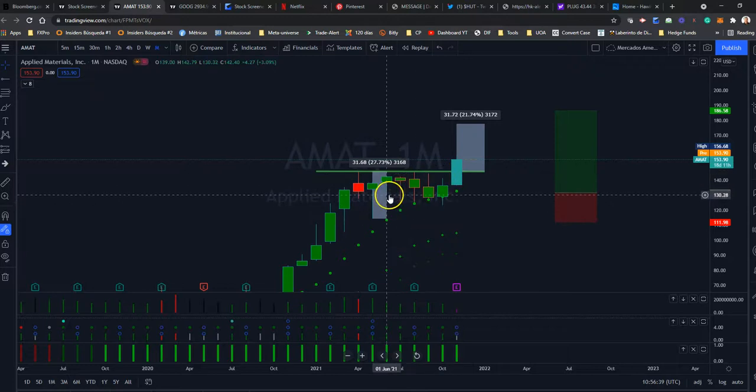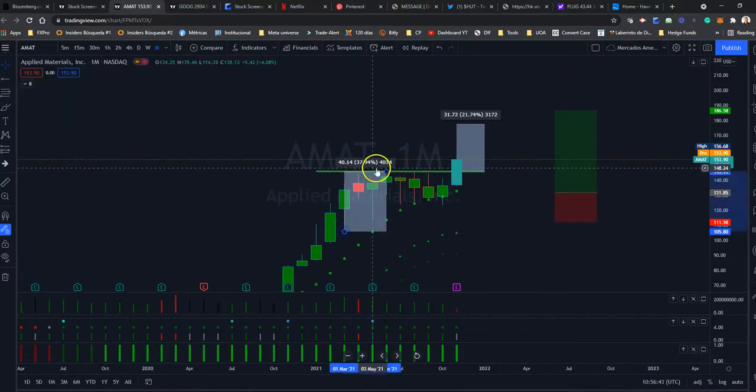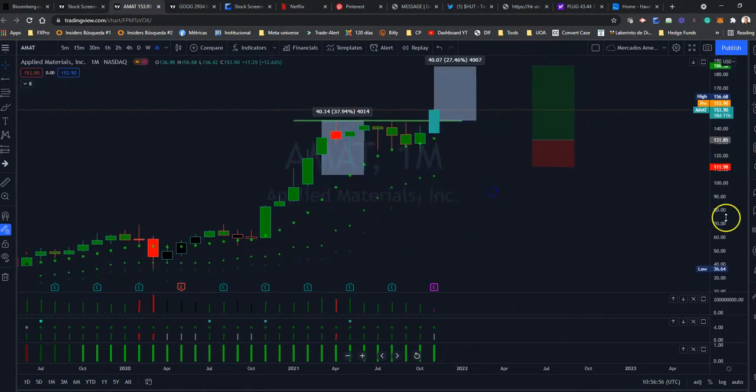We look for a full rotation. Even this rotation, the price rotation can come to be this area. That would be 40 points. And 40 points will take you, we can have an extension, 186. That shouldn't surprise anyone. The most important after this deep continuation of the trend, look how strong is the stock,